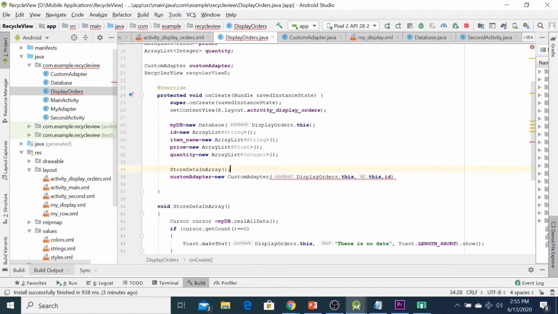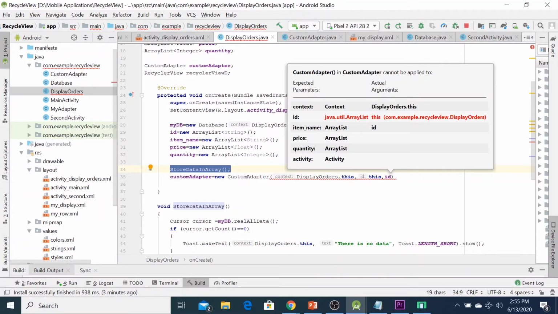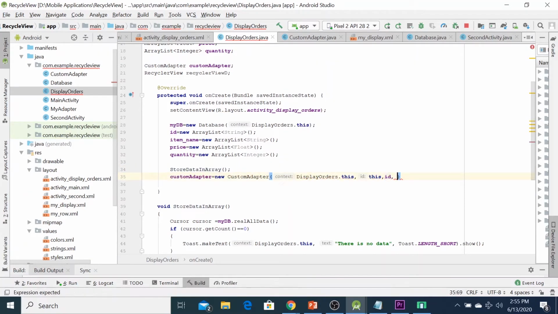In this case, we are going to display this data in the RecyclerView. So we need to call the custom adapter and pass these parameters: ID, item name, comma, price, comma, quantity.